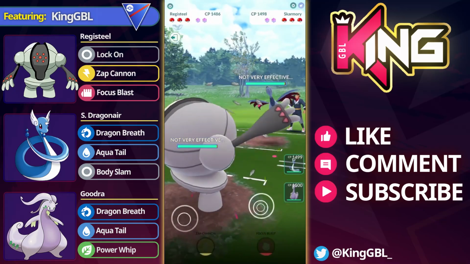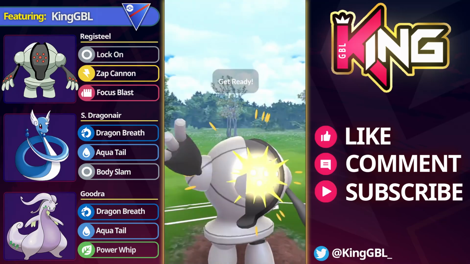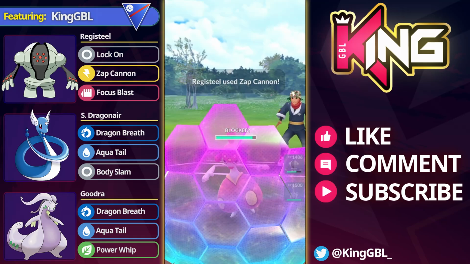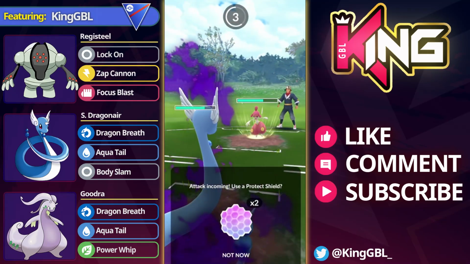Now we have a fantastic lead. Now we lost this lead last time, so we definitely need to play better. The opponent comes into a Medicham, and I'm going to look to stay in and go for a Zap Cannon. I want to try to guarantee swap if I can, and at this point we're going to come into the Dragon Arm. The opponent does shield, we do not get the debuff unfortunately,